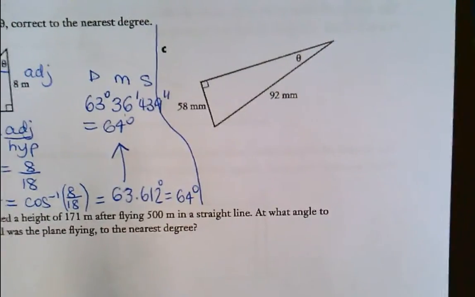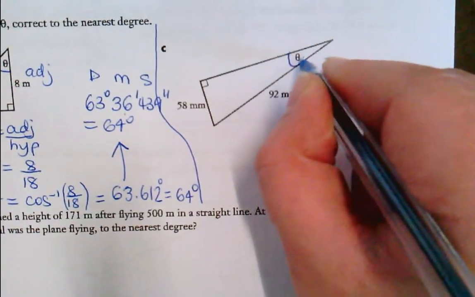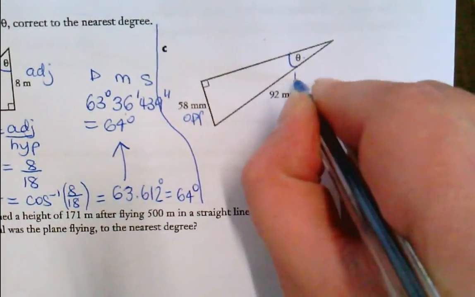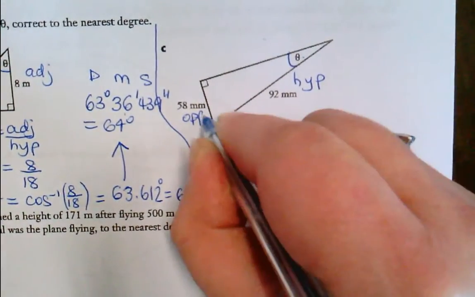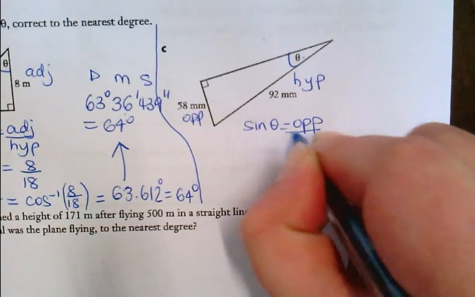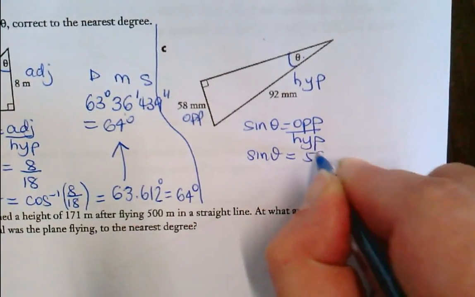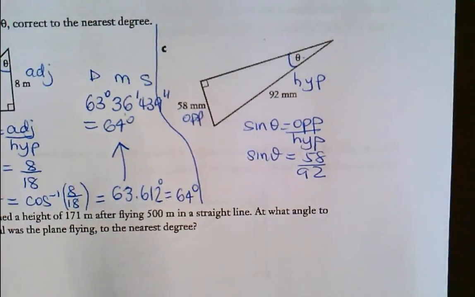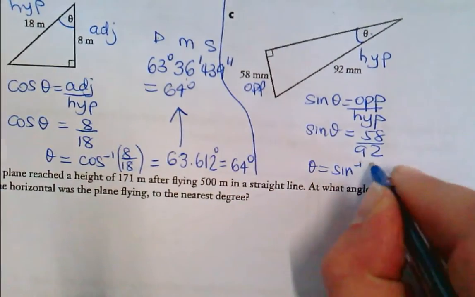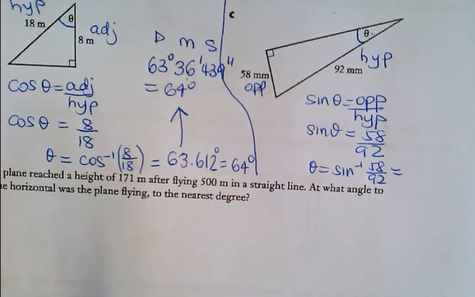Okay, the next question. Find this angle. Looks like we don't have adjacent. We've got opposite and we've got the hypotenuse. O and H is SOH, so sine theta is opposite over hypotenuse. Sine theta is 58 over 92. And so theta is sine to the minus 1 of 58 over 92, which is